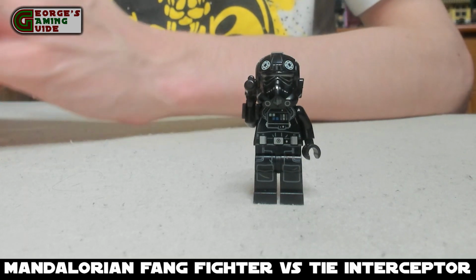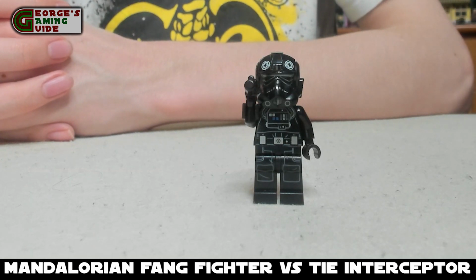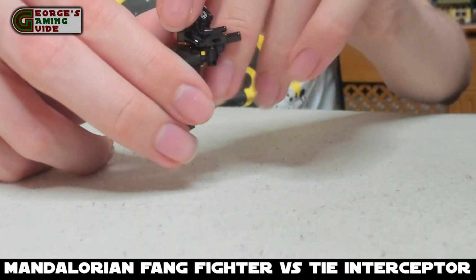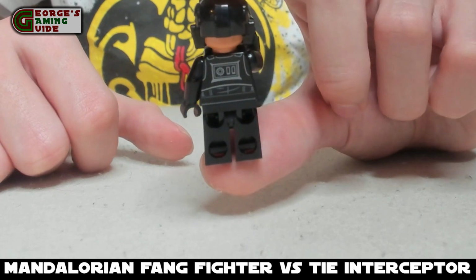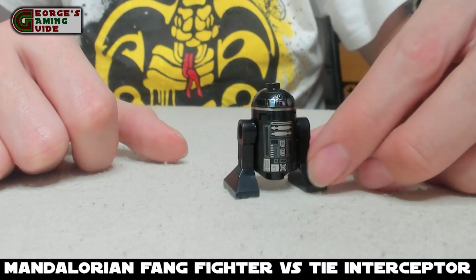And then like the others, he's got lots of markings from the knees right the way to the top of his head, with lots of different curves and different parts of the armour on his chest, to all the nice intricate details on his helmet. He has got a small pistol, and then on his back he's just got some more detailing with his armour and suit. And then last we have the astromech droid